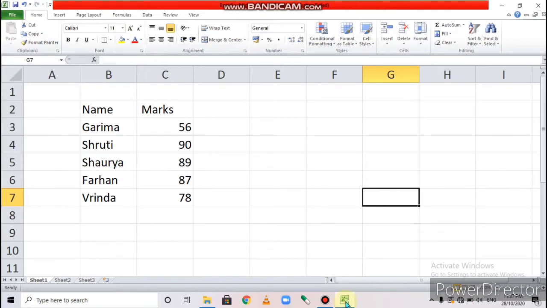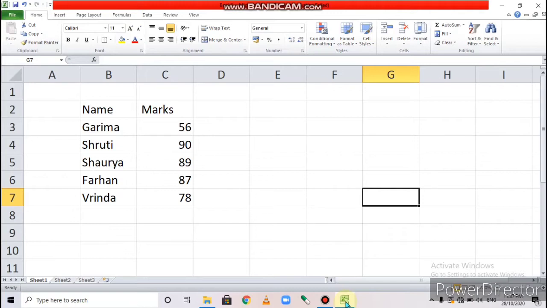We can change the existing data by adding new data or deleting unwanted data. Editing may also involve making changes to the existing structure of the worksheet by adding or deleting rows and columns. So whatever changes you want to make in your data, you can do this.